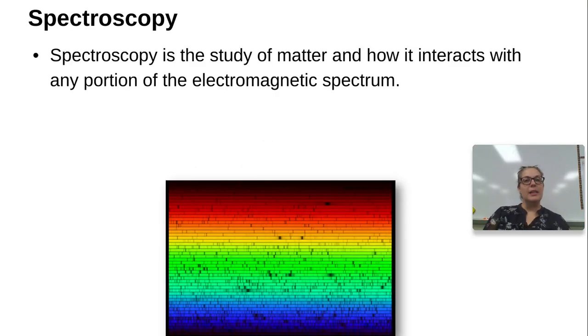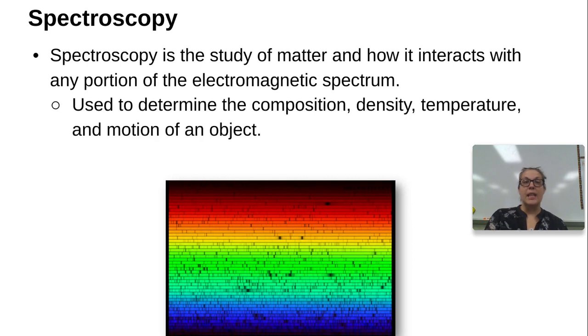So spectroscopy is the study of matter and how it interacts with any portion of the electromagnetic spectrum. For our purposes, we're going to be looking at just how it interacts with the visible spectrum, but we can look at any of the wavelengths of light that are being released. And we can use this to determine the composition, so what it's made of, the density, how tightly packed the particles are, the temperature,